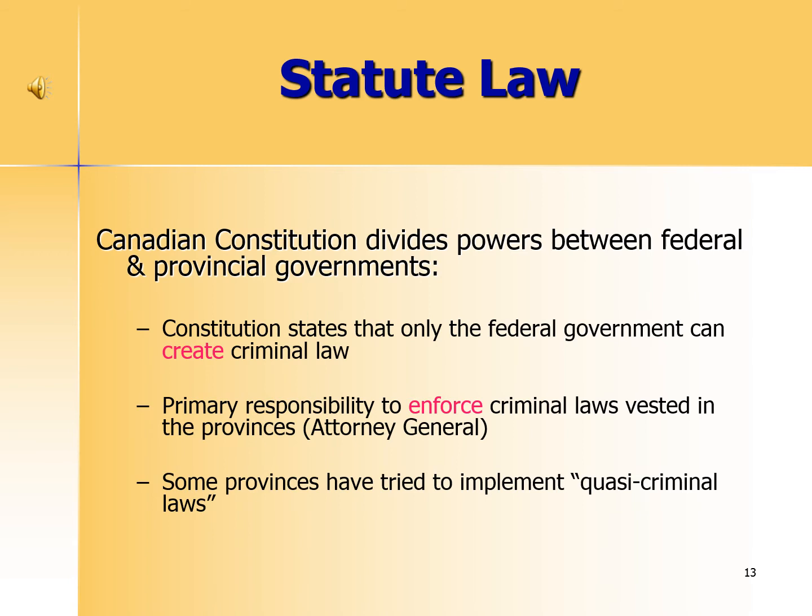So the primary responsibility for creating criminal law lies with the federal government or federal parliament, and it's up to the provinces to enforce these criminal laws. So within the power of each attorney general for each province is the responsibility to enforce or administer the Criminal Code of Canada. Now, some provinces have tried to implement quasi-criminal laws, but provinces can never actually write a criminal